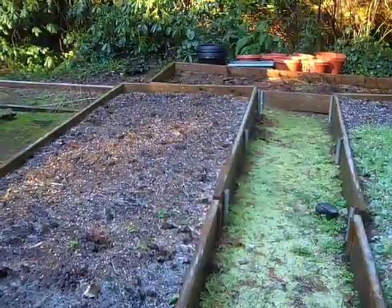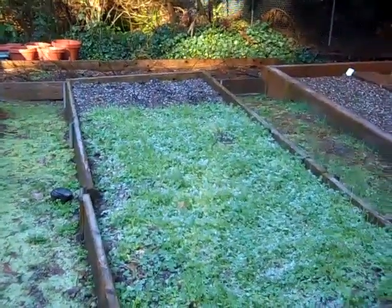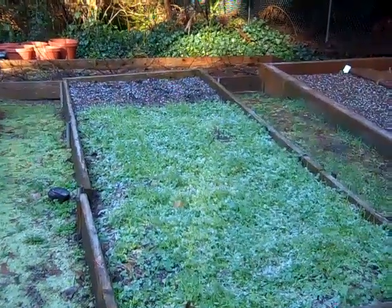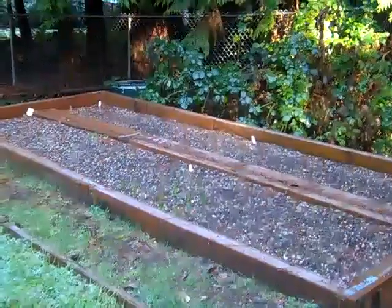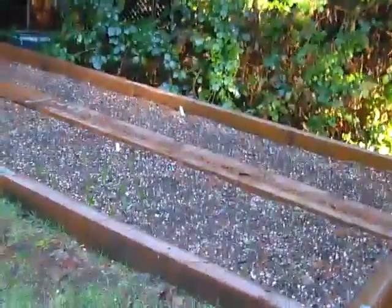Back towards the back of the garden there are several beds. These are empty at this point, other than I've got on this bed some crimson clover growing in the front. The retaining wall bed, this is new for us this year. We added it midsummer basically, and the idea behind this bed